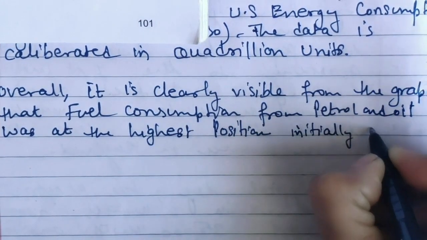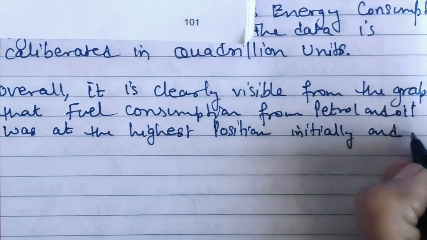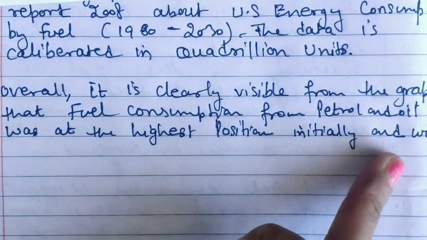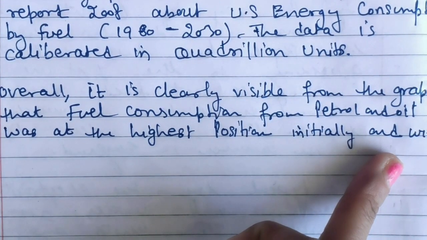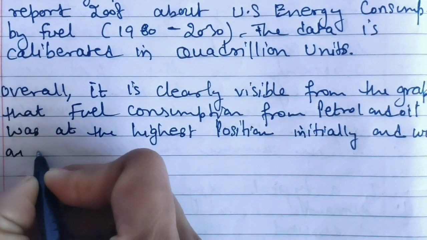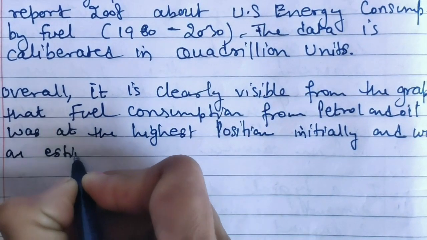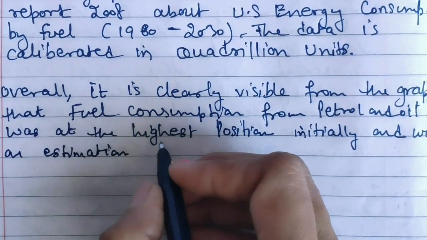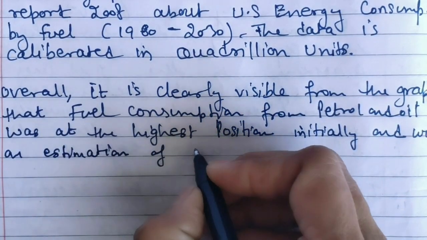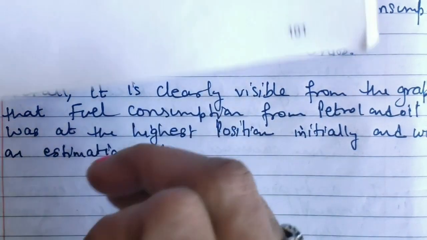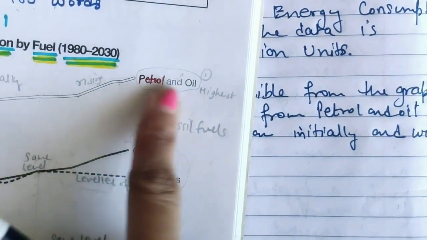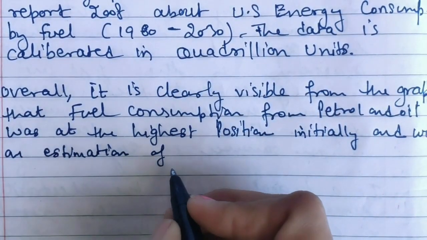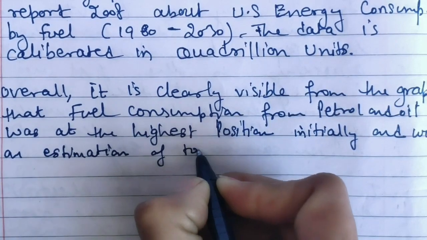Okay, and with an estimation, because here you have to show your future kind of vocabulary, with an estimation of, because here it will touch 50. Okay, with an estimation of touching